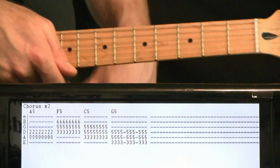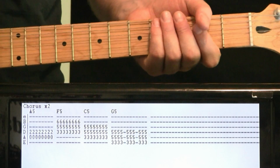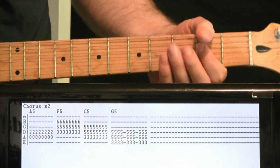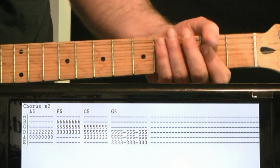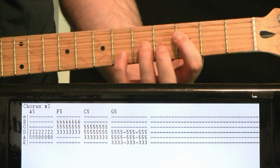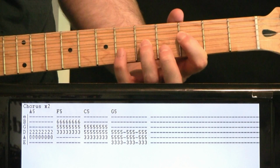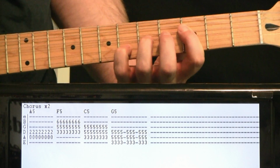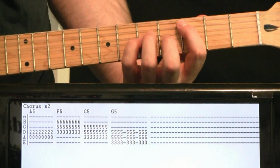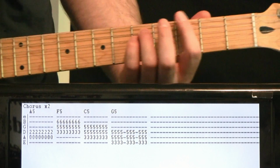Once the chorus gets going, this is very reminiscent of the second part of the verse, where we're going to start off with the A chord, and we're just strumming away, just right on the beat there, full measure of A, and then we take it up to our F, the higher F, at the 3 on the D, 5 G, 6 B, and then the C, of course, and then we go to our G,